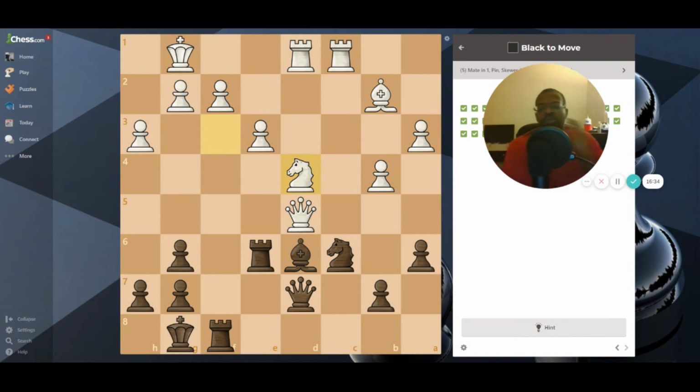Okay. So this one, I don't even know what you would call this one. This feels like a bait and switch almost. But here's what happens. In this case, you see this bishop here. It's pinned to the queen, right? So if you move this bishop, depending on where you move the bishop at, your opponent will be attacking your queen. Now, what I see is the bishop is on this diagonal,